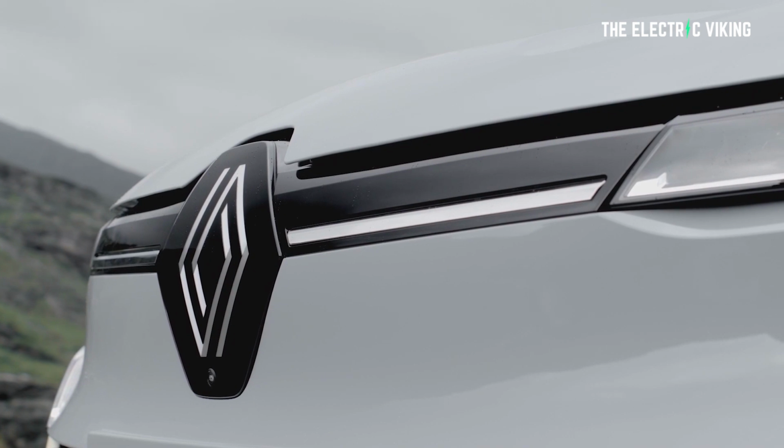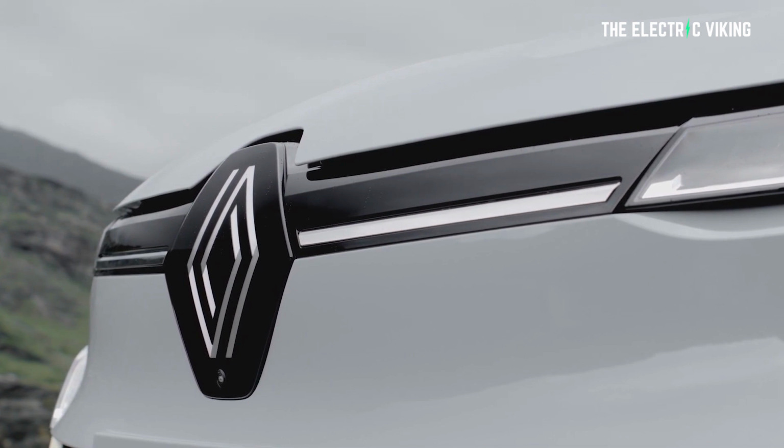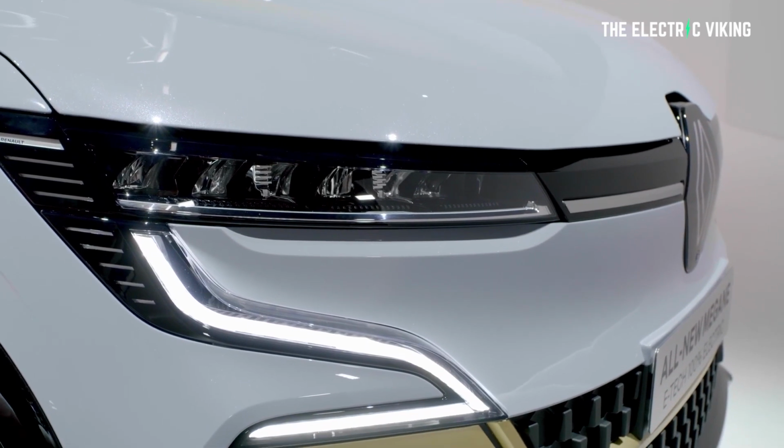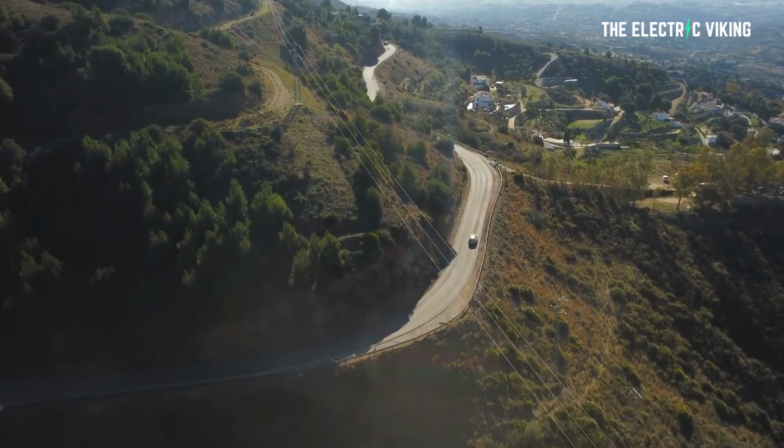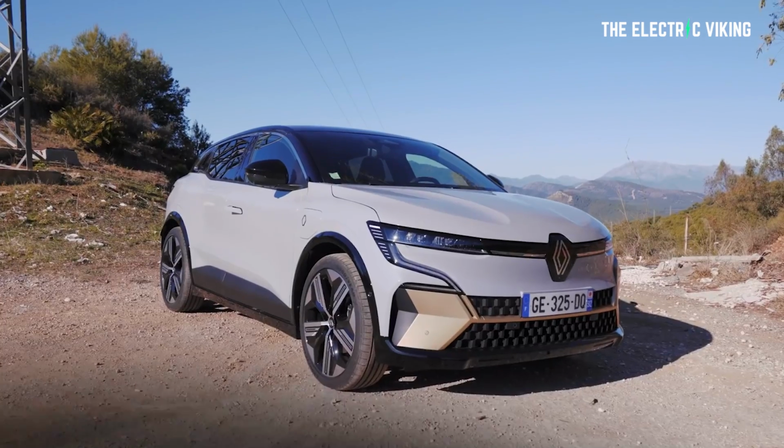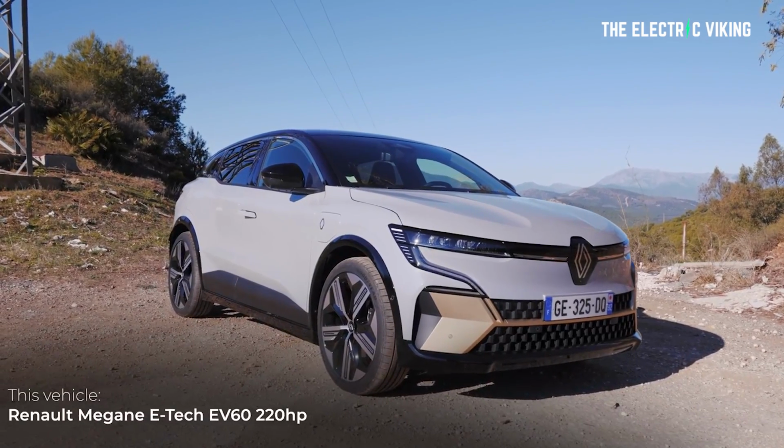So this gives you an idea on price. Apparently it's going to cost around 40,000 euros in Europe. The US pricing is apparently looking at around 45,000 US dollars, which is not exactly cheap, is it? But that is for the bigger battery pack version. Now, personally, I think it's a little bit expensive, but that's the way it's